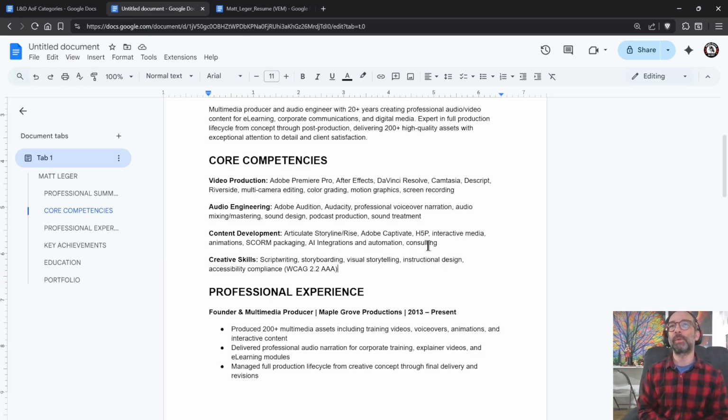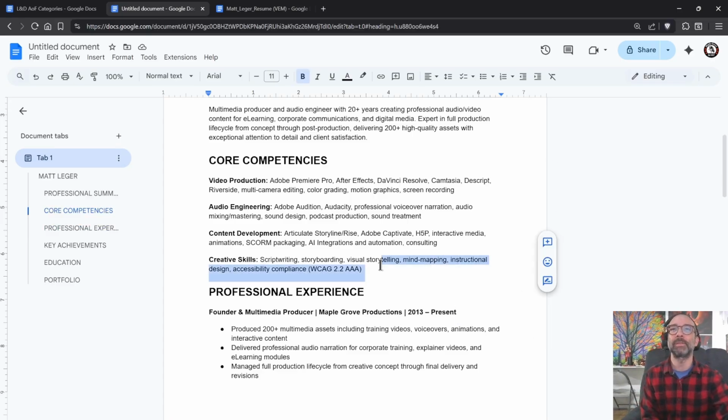Creative skills: script writing, storyboarding, visual storytelling. I would add mind mapping. I guess that's a dash there, right? Mind mapping. Or maybe, will it let me get away with... No, it looks weird. Here, I might not add it here, but I want to at some point put mastermind groups, because I think as a producer, having a mastermind group with other producers, it doesn't get much better than that. Like, your learning has to continue and continue, right?